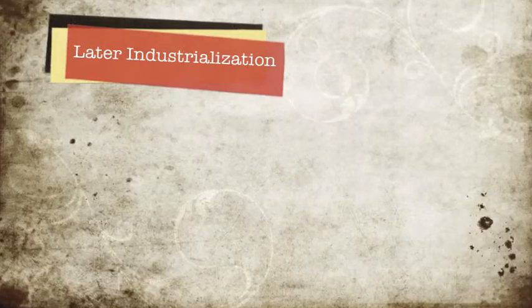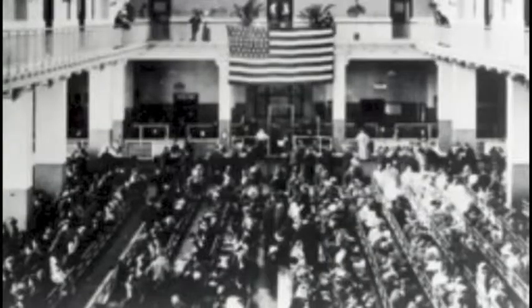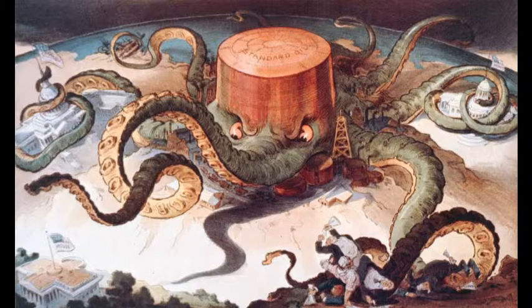Later industrialization came next. During later industrialization, there was an improvement of technology, life, jobs, etc. Businesses took over the job world. More and more companies were beginning to get bigger. Two men by the names of Andrew Carnegie and John D. Rockefeller had a large impact on the business world. They had businesses that took over small businesses, and they became some of the richest men in the world at the time.